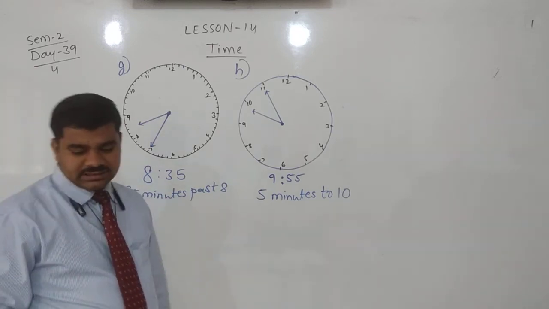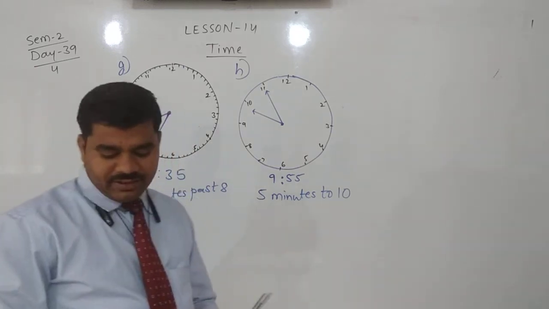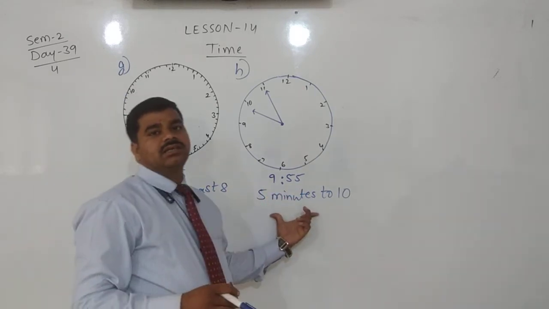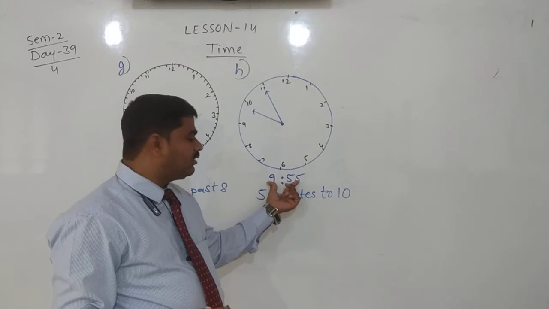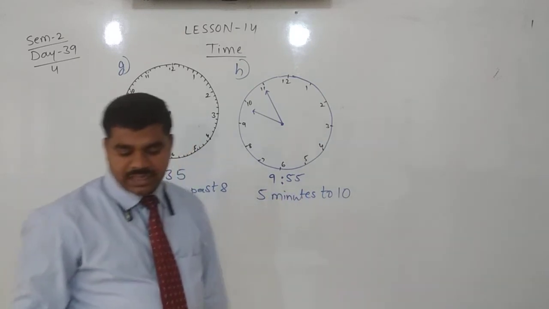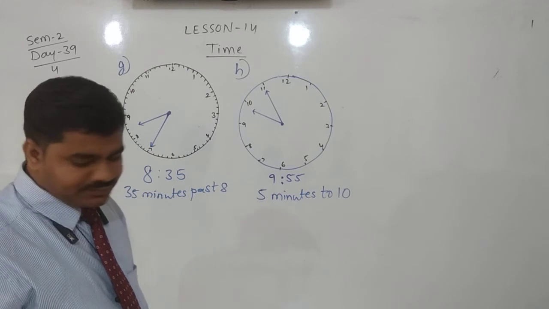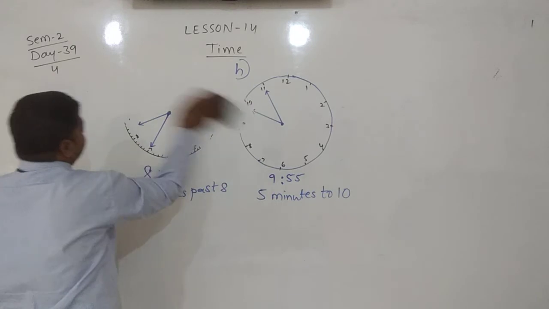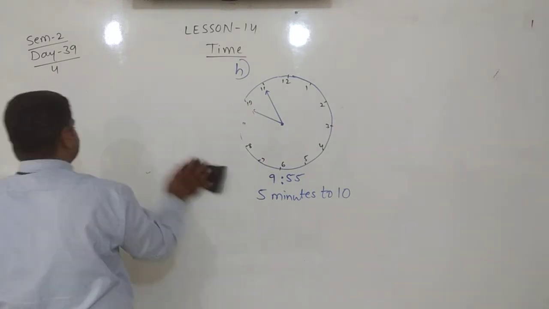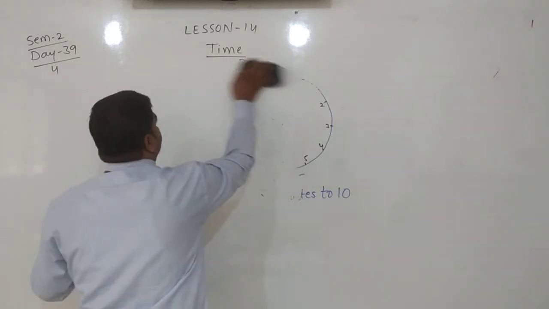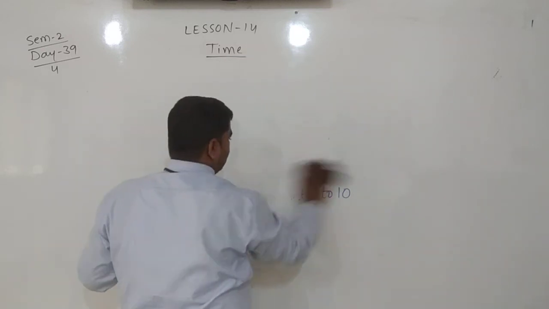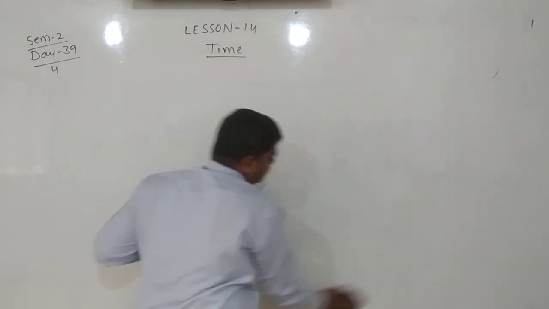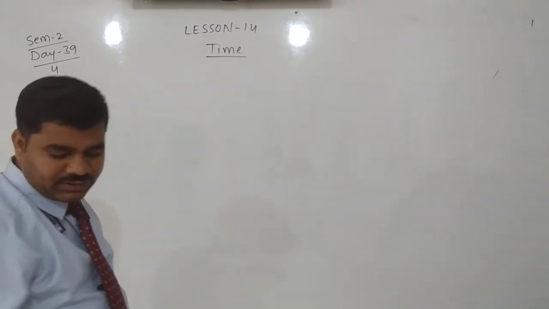After that, yes, here some fill in the blanks are there. They will give a short form of a time. You should write the long form for the given time. Very simple, this clock lesson. Practically we can take a clock and practice it. We can point the minute hand wherever we want, then we can say the time.